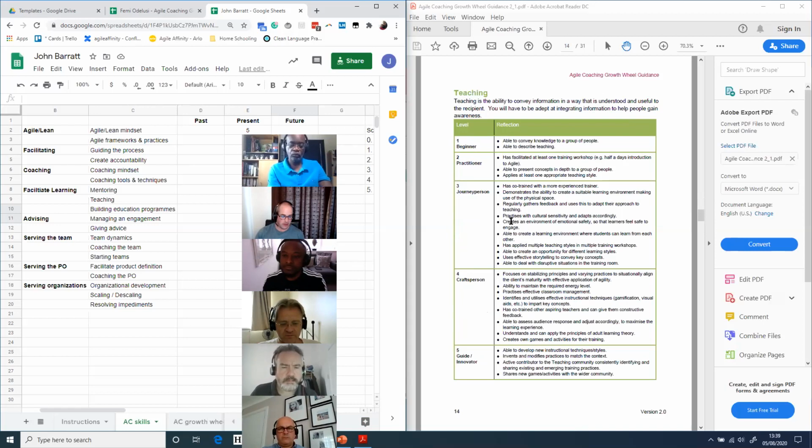Apart from mentoring, because especially someone in Agile coaching, you're probably going to need some knowledge of Agile to get to the higher levels. The others, you could be a 5 without having any Agile knowledge whatsoever, because I can teach. As long as I'm a competent teacher, I could be a 5 in that space. Of course, to teach an Agile topic, I might need to increase my Agile and Lean area first.